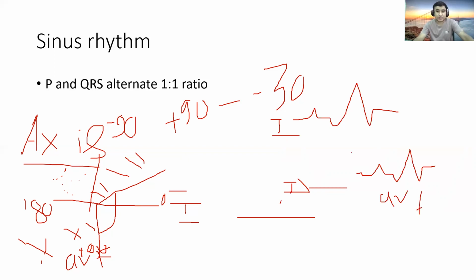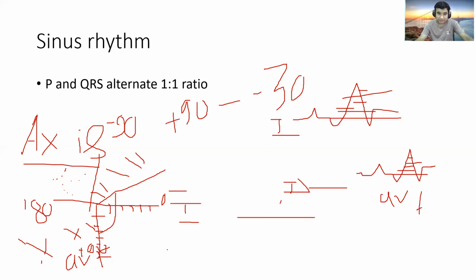So what is the amplitude of QRS in lead one? It's probably 1. We have to calculate it: 1, 2, 3, 4, 5, 6. So for lead one, it comes in this direction: 1, 2, 3, 4, 5 here. For the AVF, it is let's say 1, 2, 3, 4, 5. So they're also positive. So in AVF, if positive, we have to come in this direction: 1, 2, 3, 4, 5.